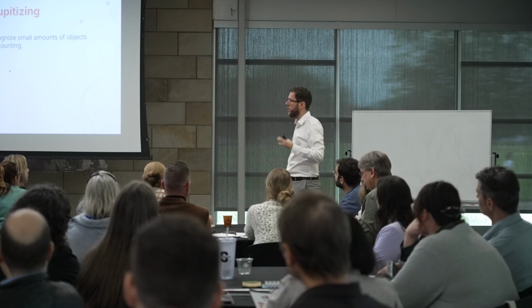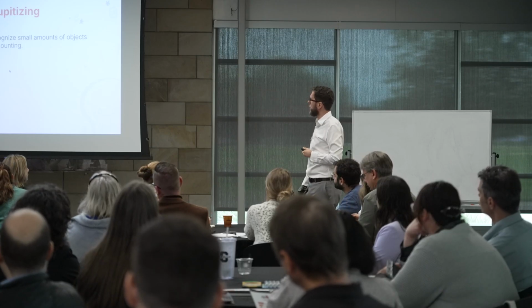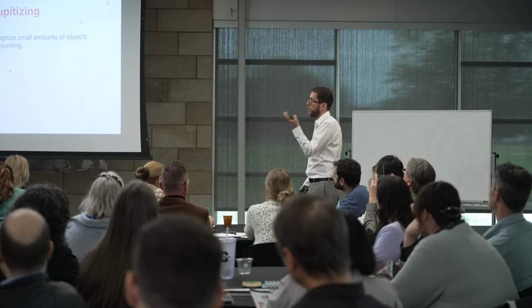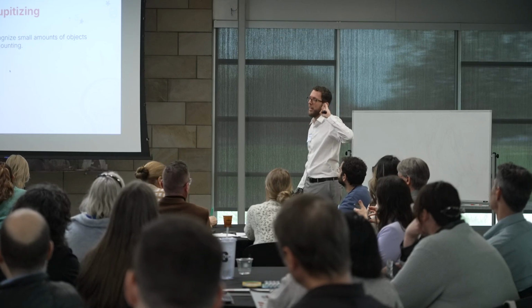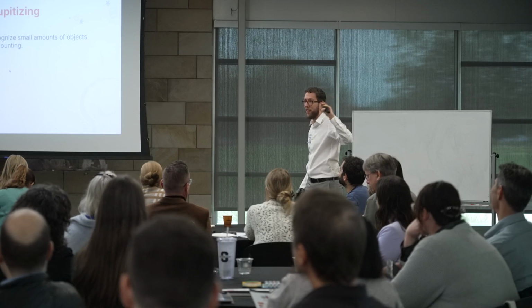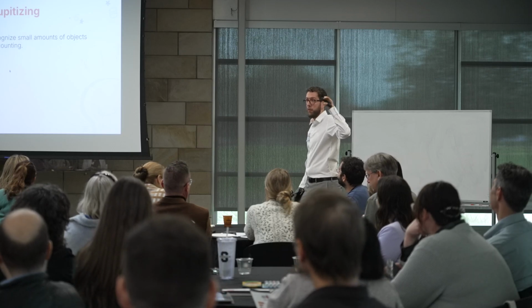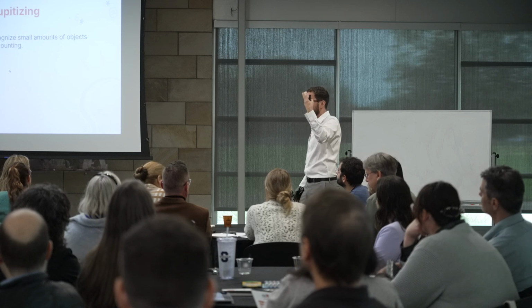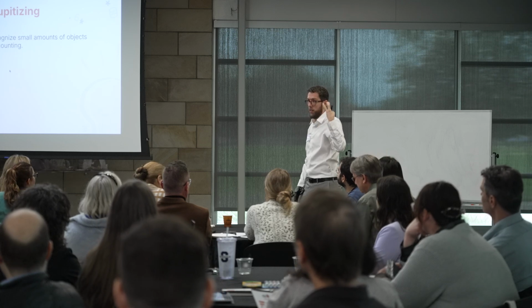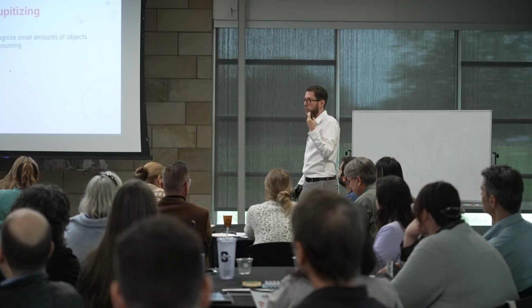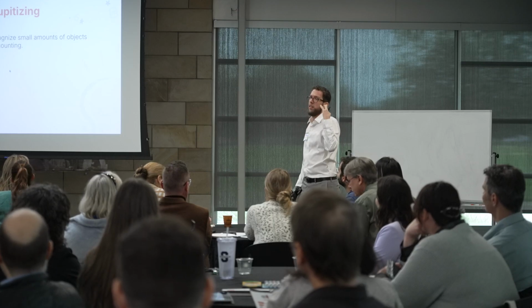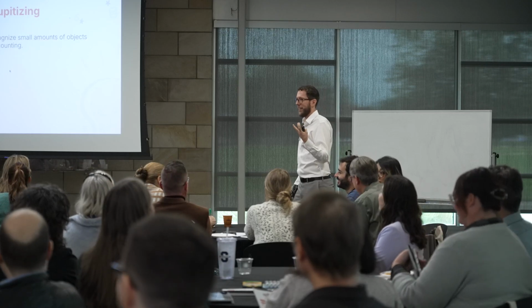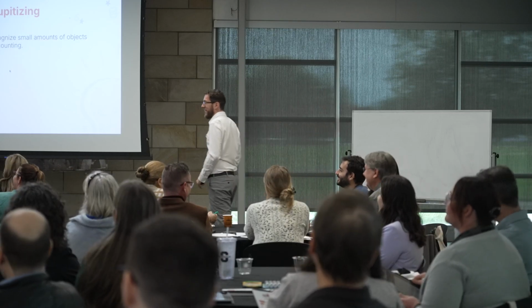But this is the official definition. It's the ability to recognize small amount of objects up to 4 at a glance. And we know animals can. Don't ask me for the reference, because it was late one day. I was watching a Netflix documentary where bees were able to recognize amount of dots. There is even research on how bees recognize 0 as a concept, right? Which is crazy to me with those little brains. So don't say my kids cannot do it, right? Bees are doing it. Bees can, exactly.